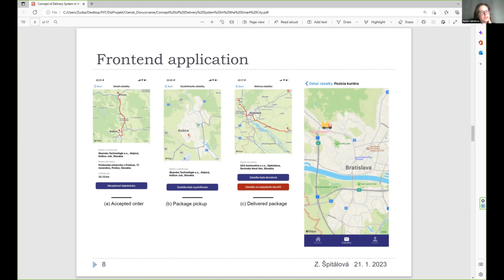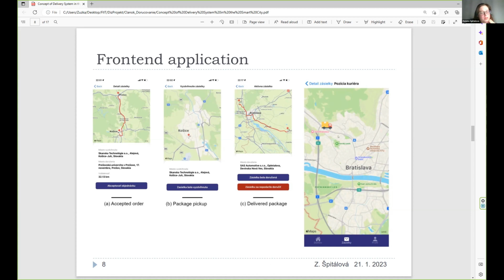And on this screen, we can see the position of the courier. After the acceptance of the delivery package, the receiver of this package can see the location of the courier, and the location is tracked by sending his location every 4 seconds from his mobile phone.